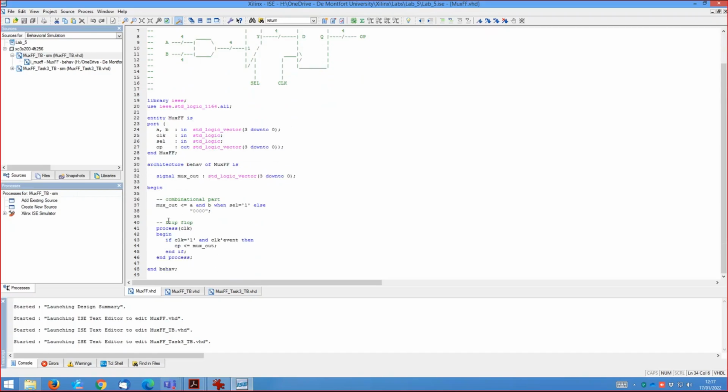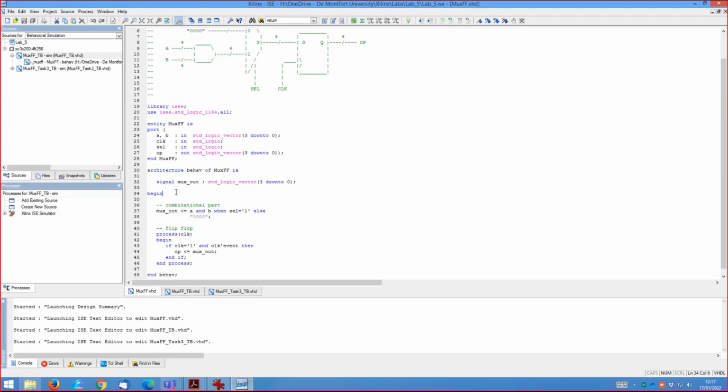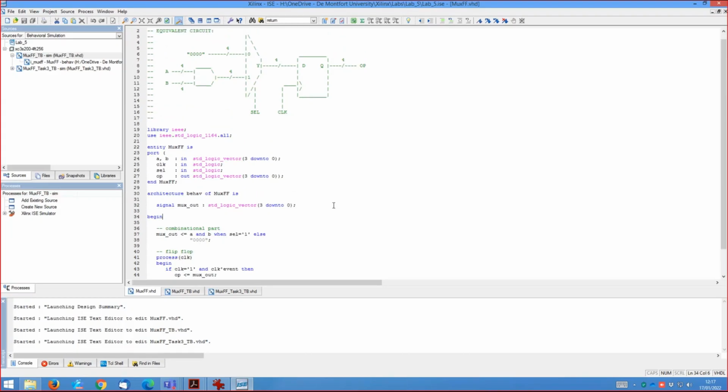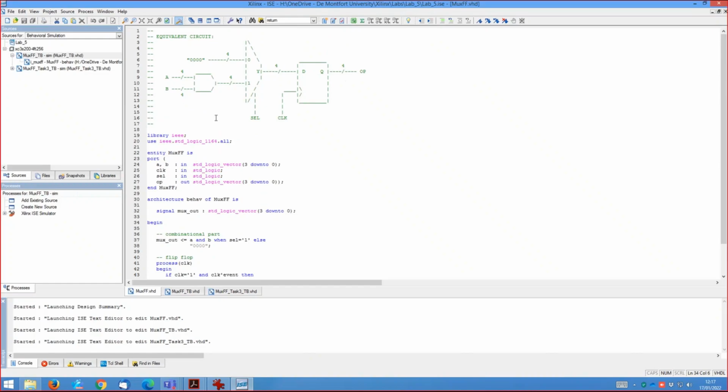And that would be basically the flip-flop part, which is shown here. So as far as the inference of the hardware is concerned, things are quite clear. There are 2 distinct and separate parts which run in parallel, which then implement this particular equivalent circuit the way